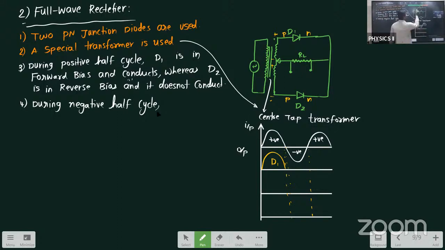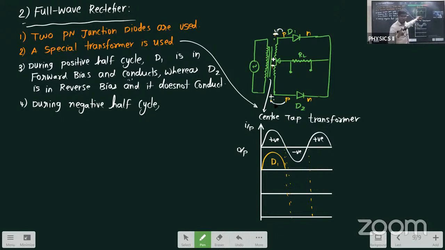During the negative half cycle, this terminal will become negative and this terminal will become positive, and here again it will become negative and here it will become positive. So see here, the P type is connected to the negative terminal of the battery. Whether the diode will conduct? No. Here the P type is connected to the positive terminal of the battery. Will the diode conduct? Yes. So during the negative half cycle, D1 will be behaving in reverse bias